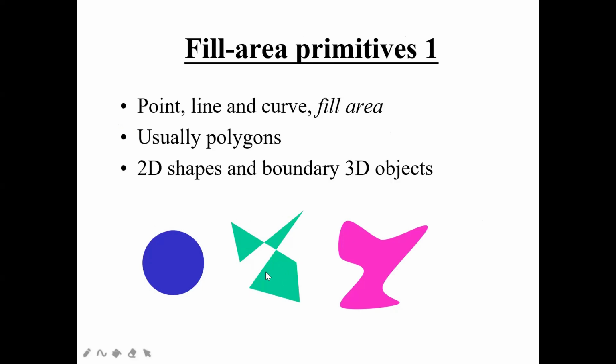For that also we have some fill area primitives. These fill area primitives can be utilized for your point, for your line, or for any kind of your curves. You can see this is a kind of curve, right? So here also you can fill the area. Normally, instead of writing triangles, or any other shape like square or rectangle, I can directly write polygons. So here I'm going to use polygons normally. Next, I'm going to use 2D shapes, or 3D objects. That depends on how you are going to write it.